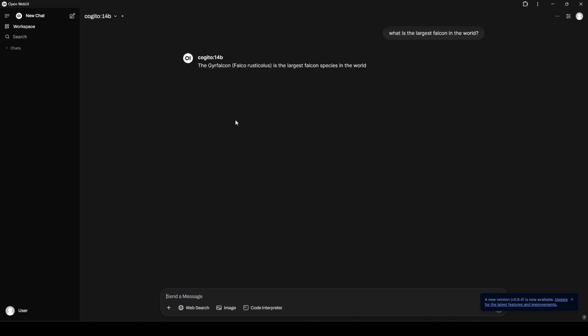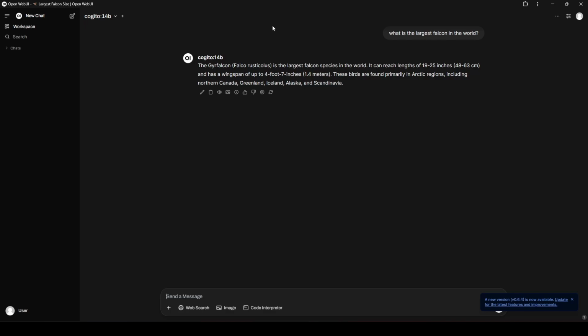Yeah, wonderful. So the other thing that I wanted to point out is you can see the speed of this, okay? So this is running on my 8 gigabyte VRAM graphics card, and my tokens per second on the response was about 10.14. So I would say this is a little bit slower than I would typically like to use, but the model's been pretty good so far, so I think I'm gonna tolerate it. That's pretty much where I've come to.